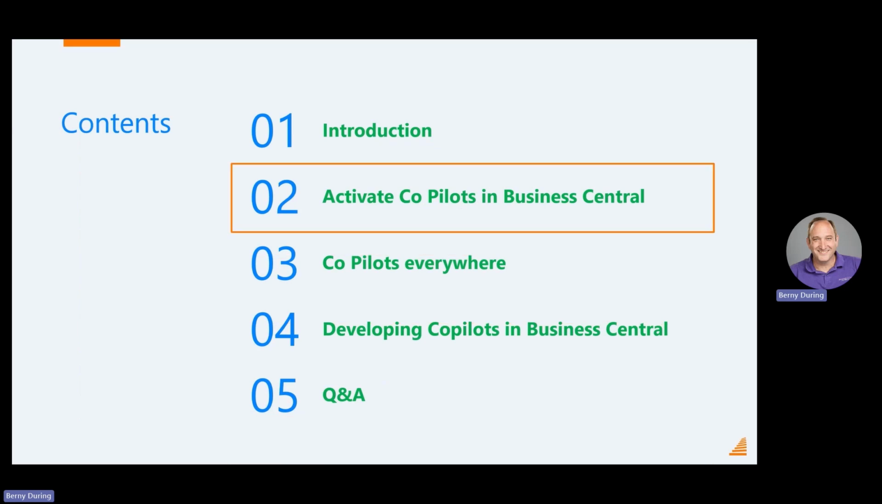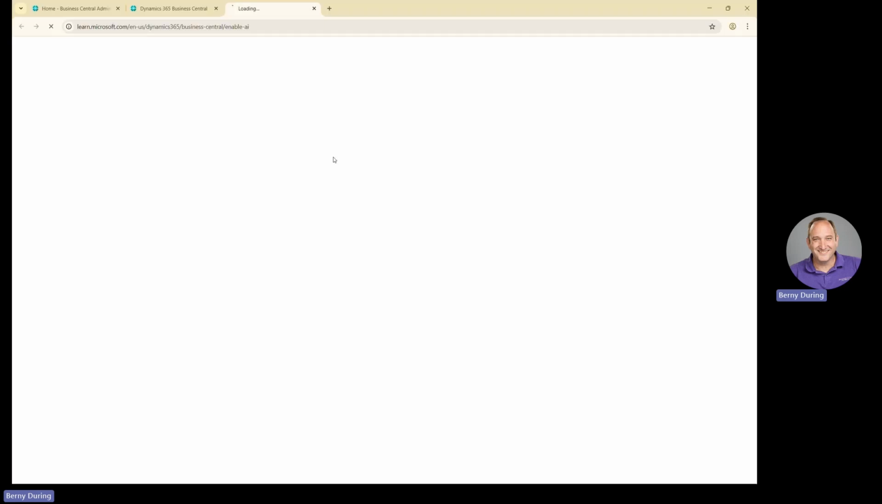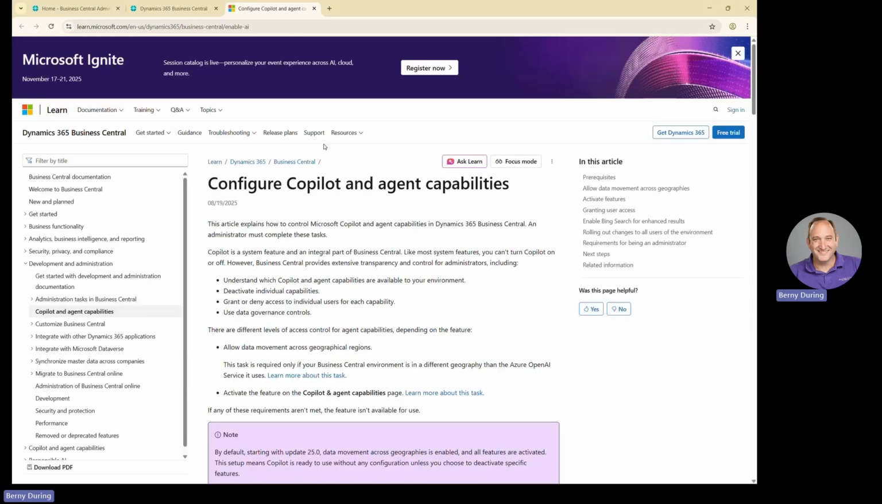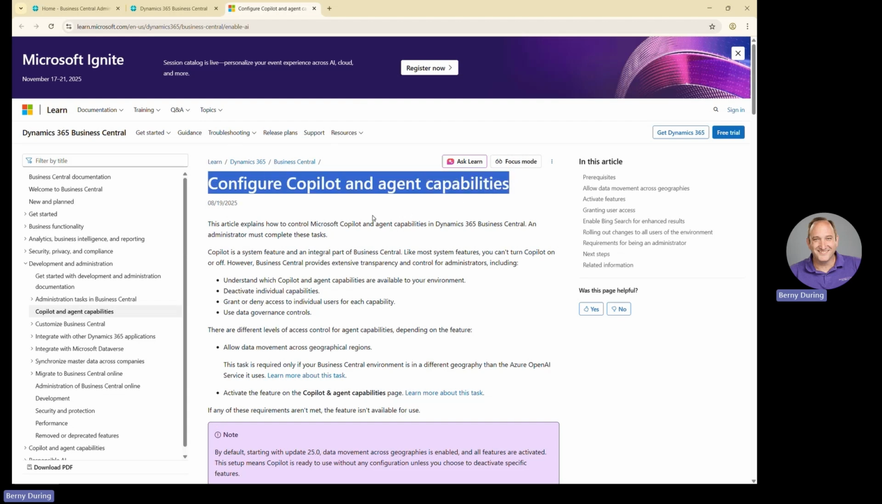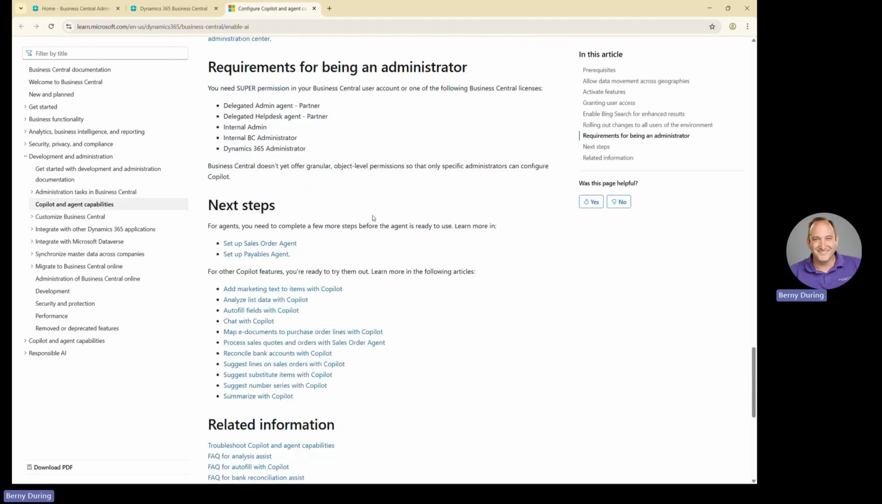First thing we're going to have a look at is how to activate your Copilots in Business Central. So let's have a look at all the settings and basically what happens within BC. So Copilots have to be activated. All the details that you need are going to be over here on this Microsoft Learn article, Configure Copilot and Agent Capabilities. You'll find everything in here that I'm going to talk about now, but basically